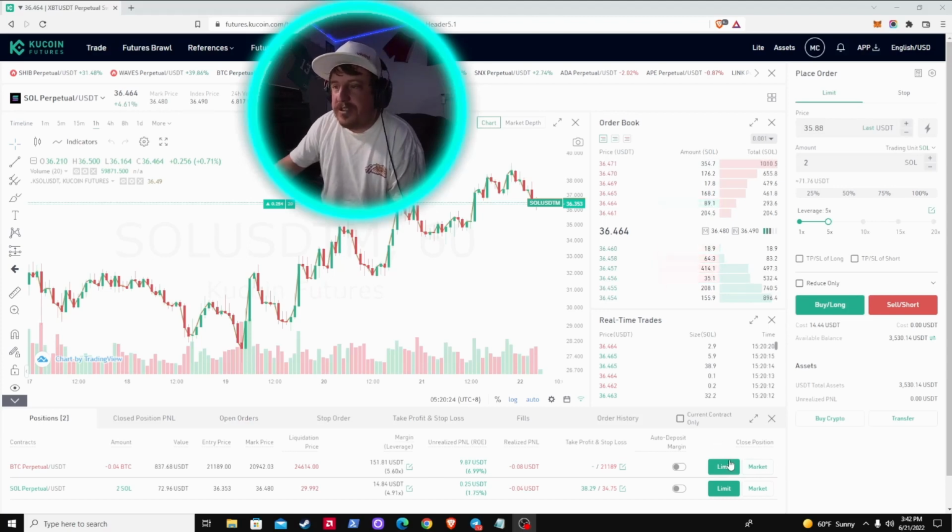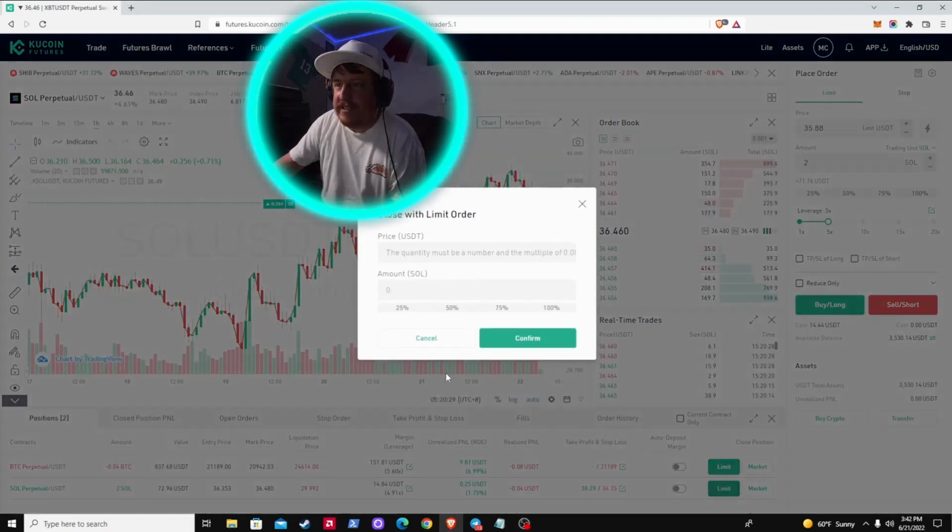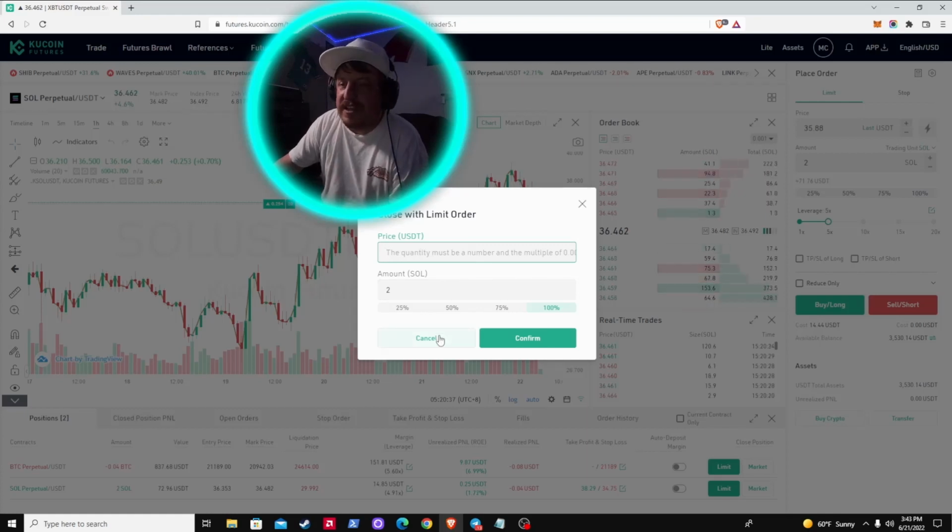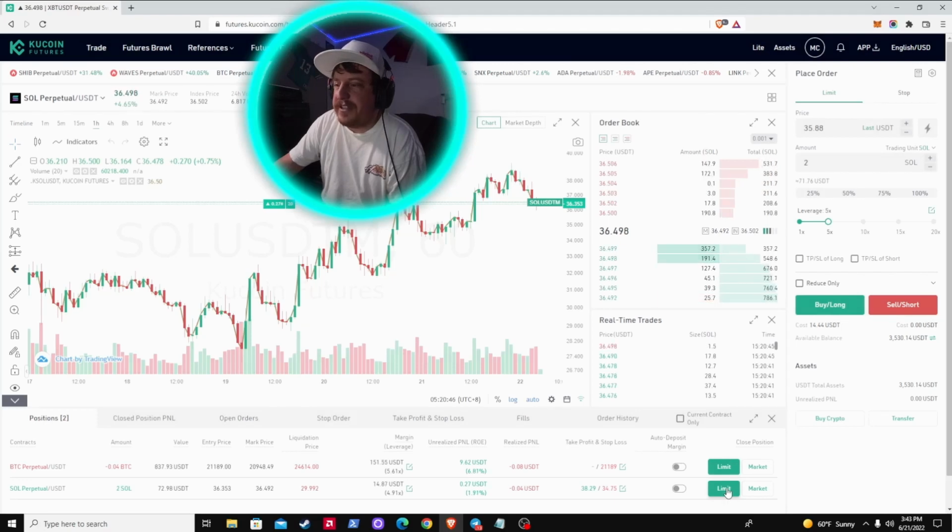But the way you would close this position would be, you could go to limit, for example. I could put that I want to close 100% of the position, and just put in the price it is right now, and then hopefully within a few seconds or a few minutes it will fill. Obviously, if the price changed from the time that you hit this and hit confirm, it may not fill right that second, but it should fill relatively quick. So that's the key, is when you close these positions, you still also want to use limit.